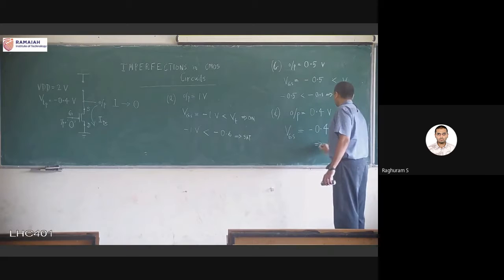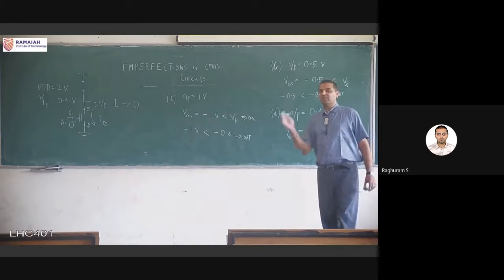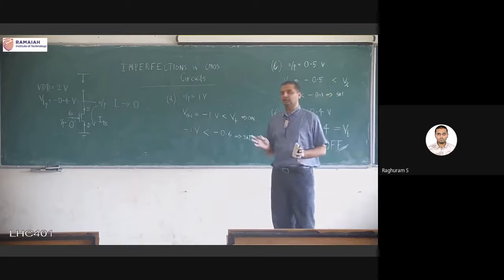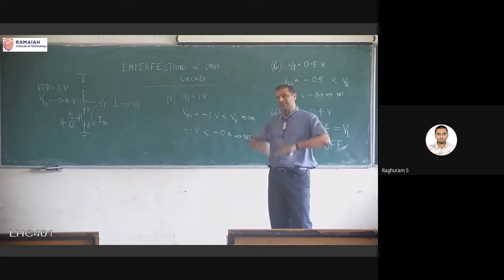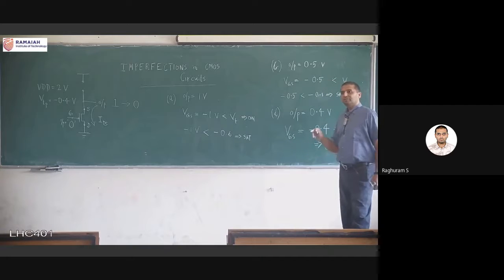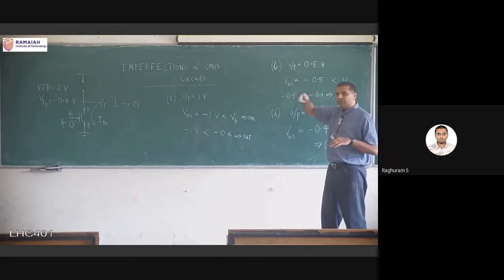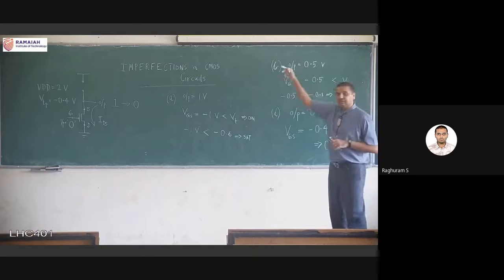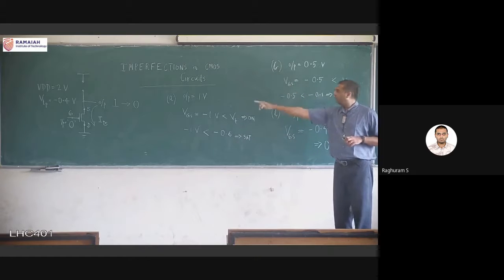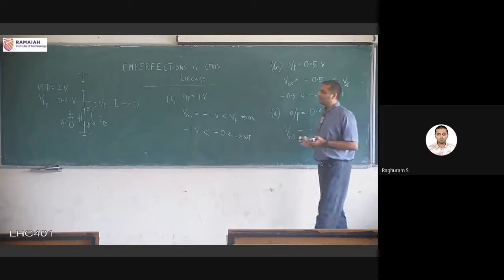When VGS is equal to VT, the transistor will turn off, because for a PMOS transistor, VGS has to be lesser than VT. So that is why we chose 0.4. You could have chosen 0.3, but it would never have gone there. As the output value is slowly reducing, it started at 2, 1.5, 1, then 0.5. Then when it comes to 0.4, suddenly what will happen is,